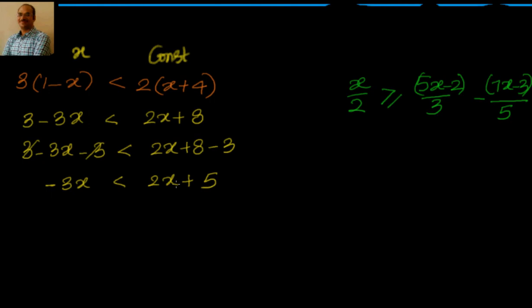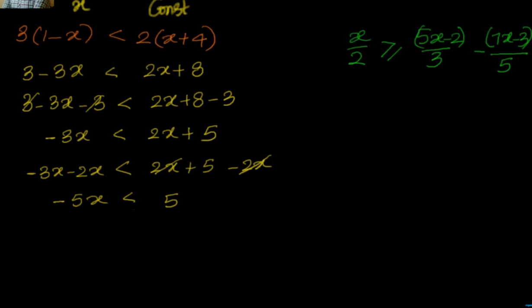Now this 2x is not needed on the right hand side because I should have only constants there. So first I will simplify the x terms, then I will divide by whatever constant is needed. Now I have to remove 2x from the right hand side. That means I should do 2x plus 5 minus 2x so that I can cancel it out. But if I subtract here, I should also subtract on the other side. Now this is nothing but minus 5x is less than 5.